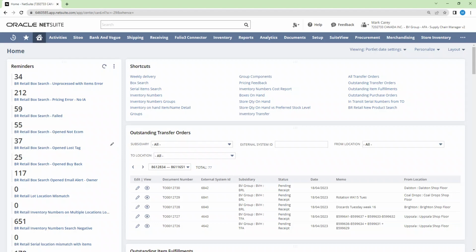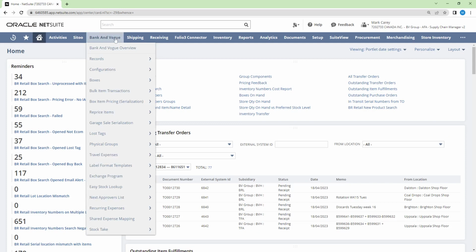But if you're working in Beyond Retro retail, the main ones are definitely going to be BRL for the UK, TFA for Sweden, and Kusha there for Finland. This really only comes into play if you're going to be moving stock around or changing stock locations within your country. So to have a quick look at that, obviously bank and vogue tab, and if we quickly go onto